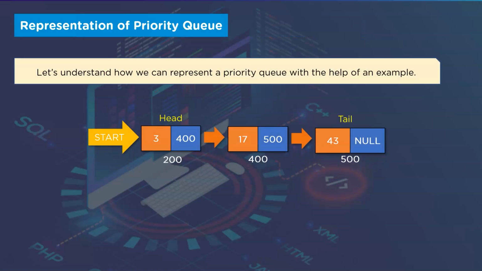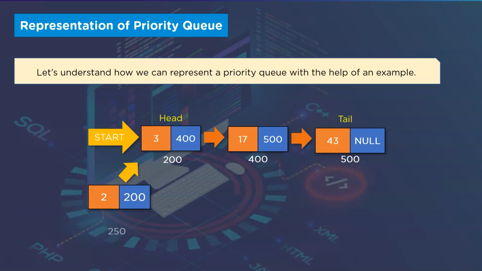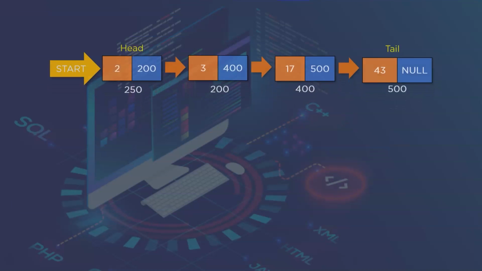We will understand the representation of priority queue with the help of an example. Initially, let's say there are three elements inside a linked priority queue and all of them are in order. 3 being the least element has the highest priority, whereas 43 has the least priority. The purpose of keeping 3 at the head node is that we want our priority queue to delete elements according to their priority. Now, we want to insert a new node consisting of data element 2. And as the data element is smaller than the element at the head node, that is 3, this new node should be inserted prior to it.